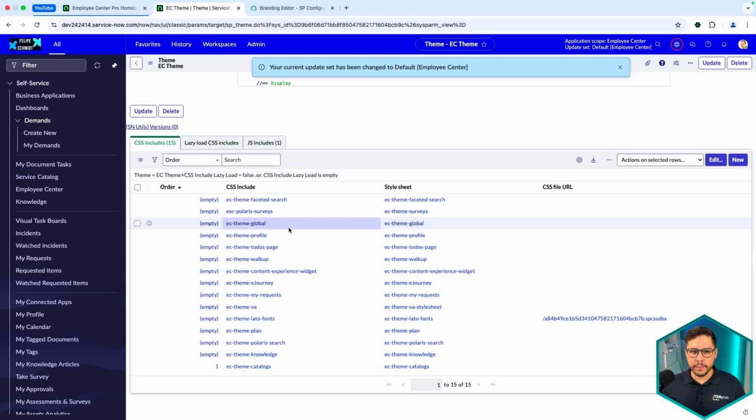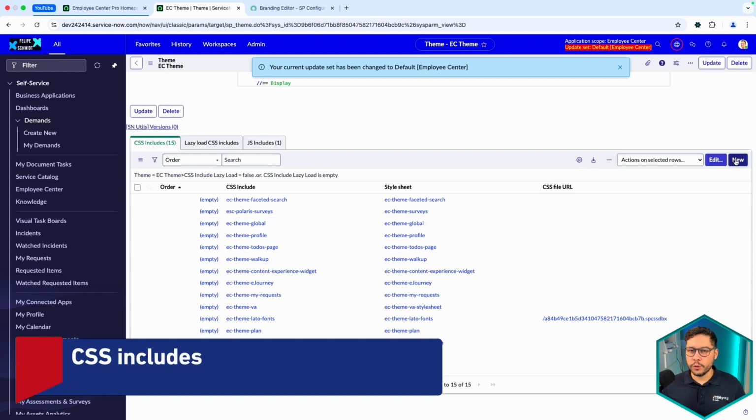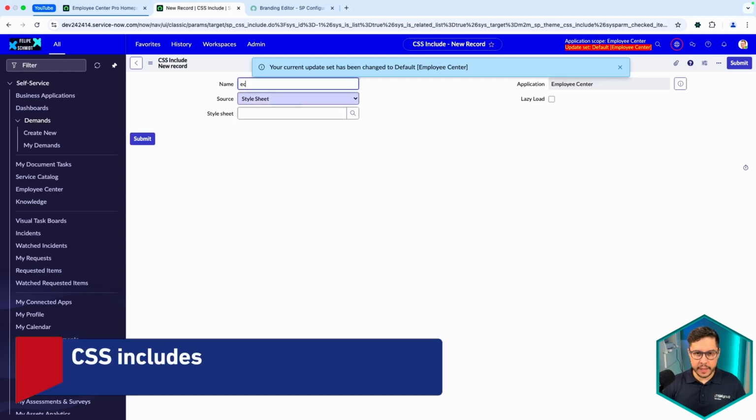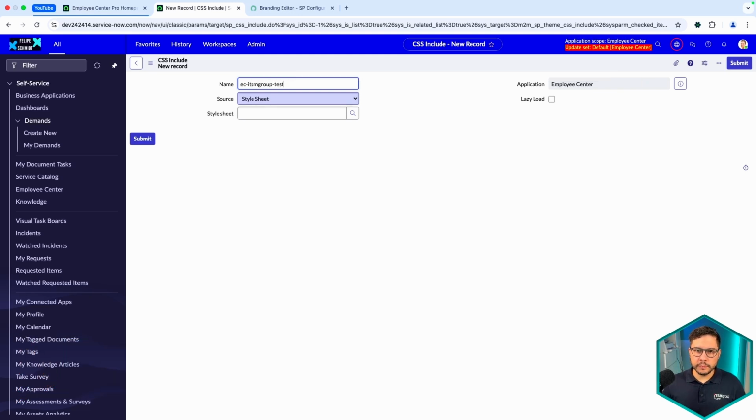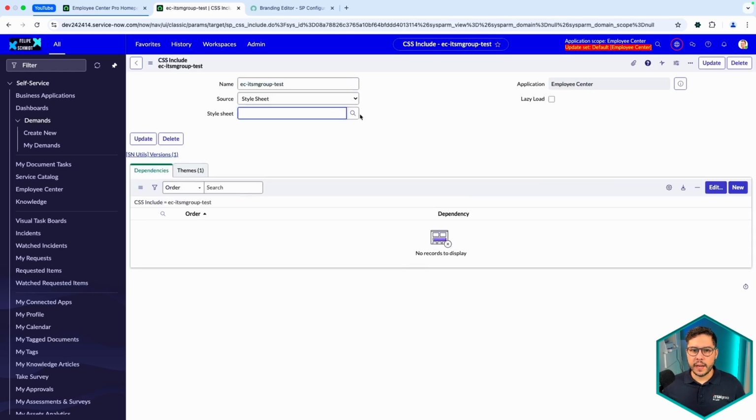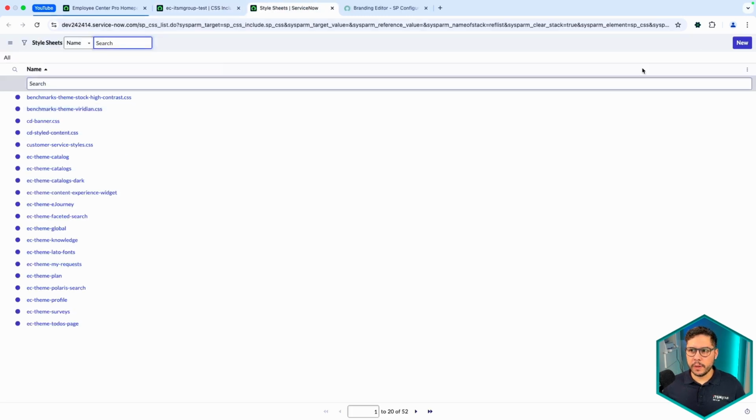So if you scroll down, you're going to see the CSS includes. You create a new one and you can name it however you prefer. And I'm going to name it like this. And I'm going to save. I'm going to create a style sheet as well.